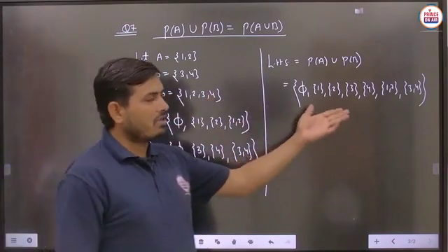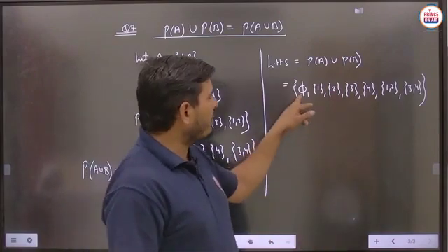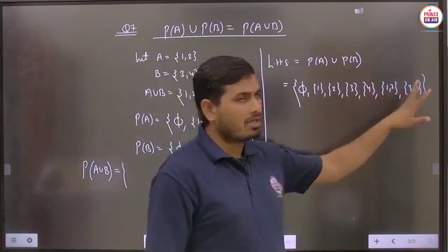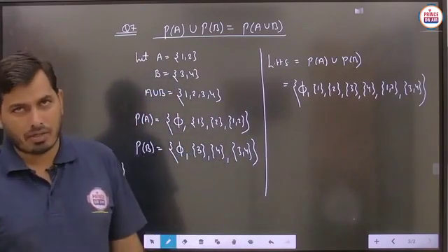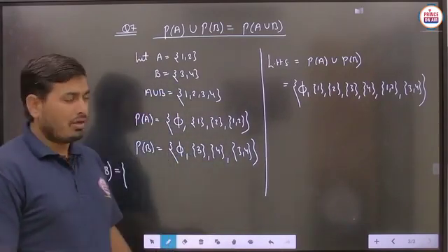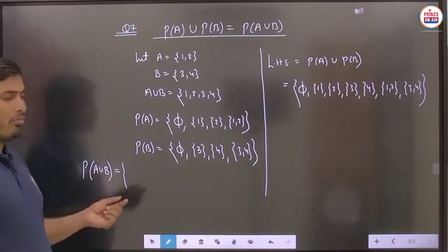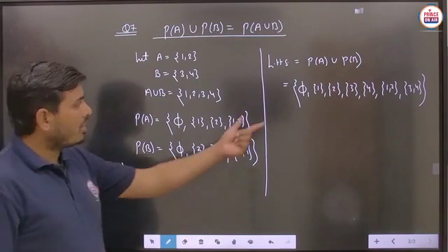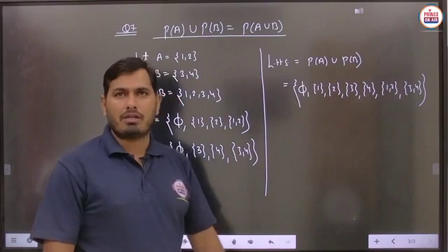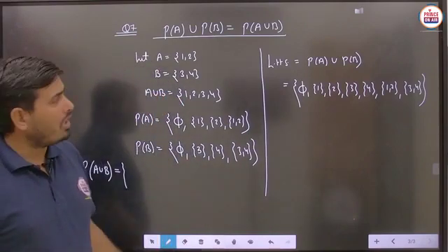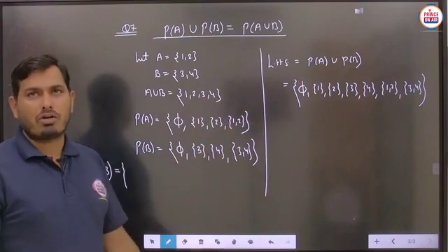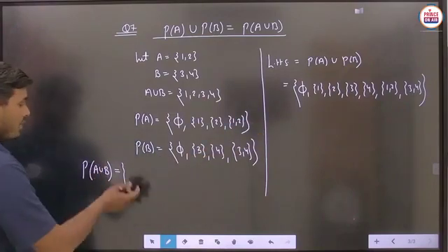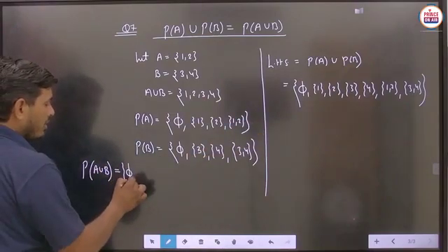And just check in the left hand side, only 1 2 3 4 5 6 and 7, only 7 elements are there in the left hand side part. So definitely, student, you can say that in this particular power set a total of 16 elements are there, but here in the left hand side only 7 elements are there. So definitely they are not equal, which means this given statement is not true.